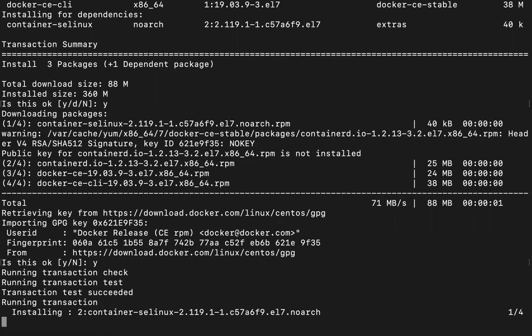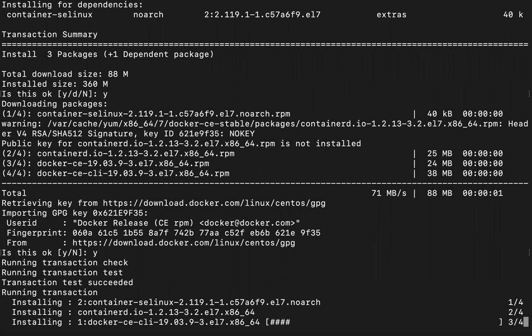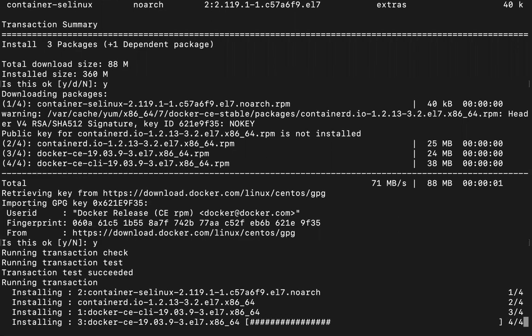Once Docker has been installed, there are 2 commands that we'll have to execute in order to start Docker and also enable Docker through restarts of the virtual machine. Right now it's installing the Docker CE CLI, and then it's installing Docker.